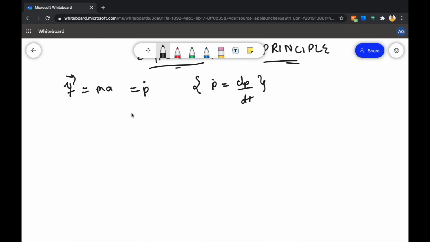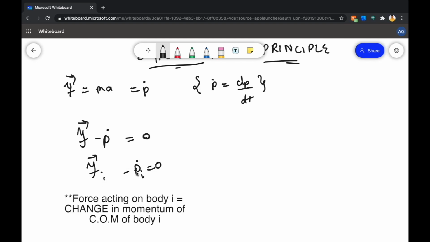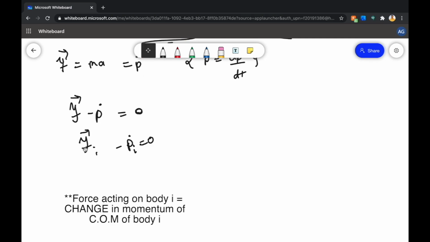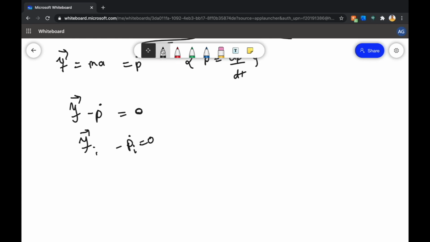Okay, so if I take p dot on the left side, or subtract p dot from both sides, we get this equation. What it essentially means is that I can rewrite this as F minus p dot equal to 0. It means the force acting on particle i is equal to the rate of change of momentum of the center of mass of i. Well, it's a particle, so the center of mass would be the particle. Basically, what D'Alembert wanted to do was remove all the normal forces from this equation. This equation has all the forces: applied force, normal force.